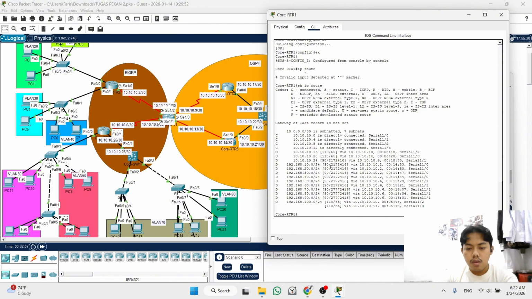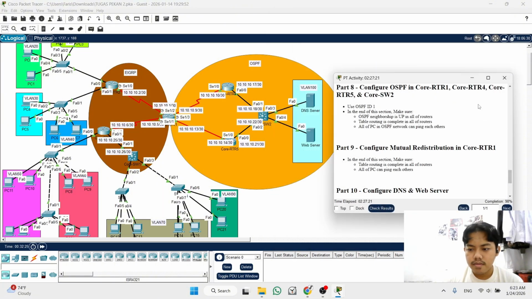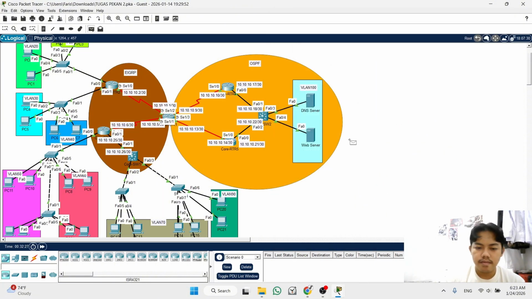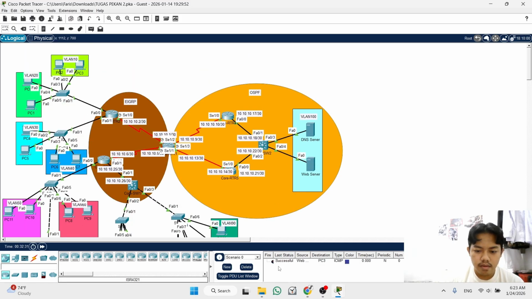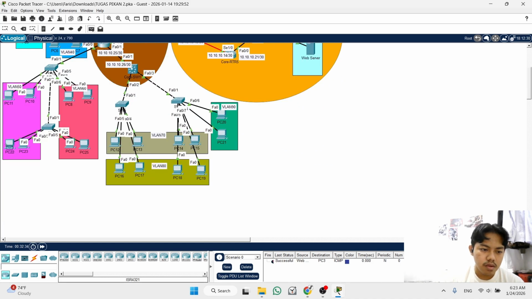We got them from EIGRP and OSPF. Okay, and now we try to ping from the server to VLAN 10. Oh, successful.